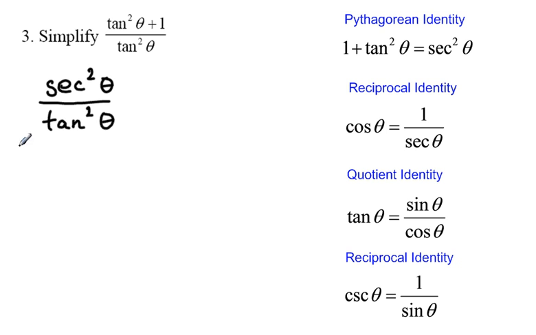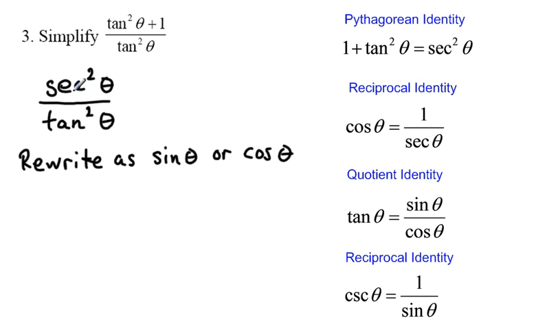All right, next up, what we will do is once again rewrite all terms as either sine or cosine. Secant is the reciprocal of cosine. Therefore, what we're going to write is 1 over cosine squared theta. Tangent is equal to sine over cosine, so therefore tangent squared would be sine squared theta over